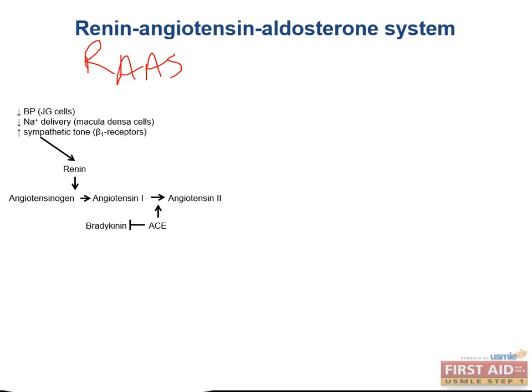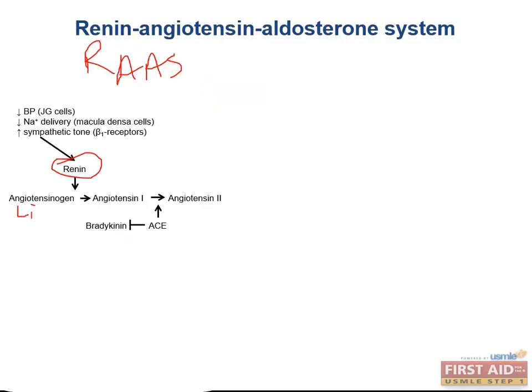release of renin. The renin is released from the juxtaglomerular cells, which we'll talk about in some upcoming slides, but these cells are modified smooth muscle cells in the afferent arterioles in the kidney. Now, all three of these changes will occur in a state of low blood pressure, such as blood loss, for example. And renin is an enzyme which converts angiotensinogen produced by the liver